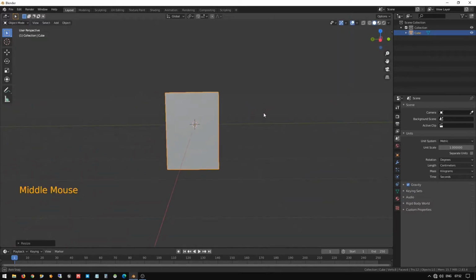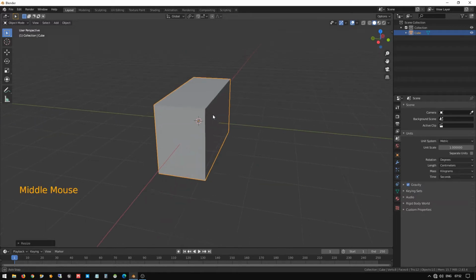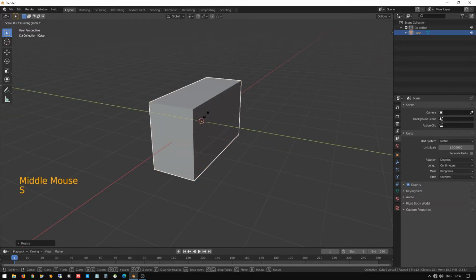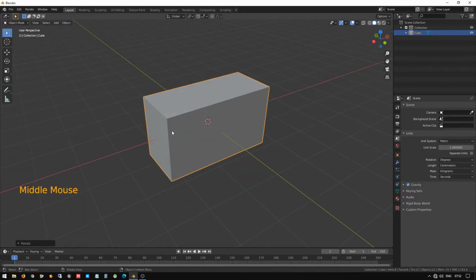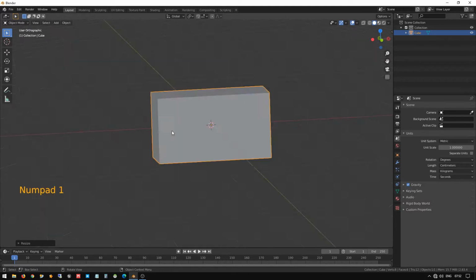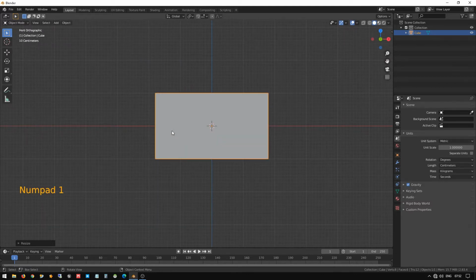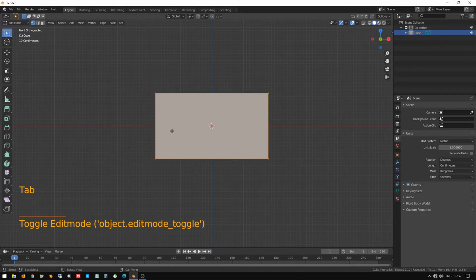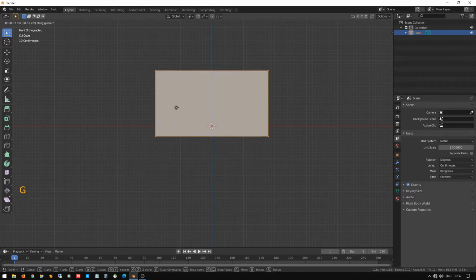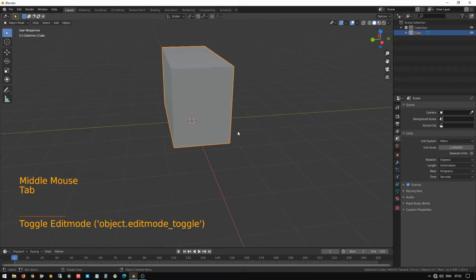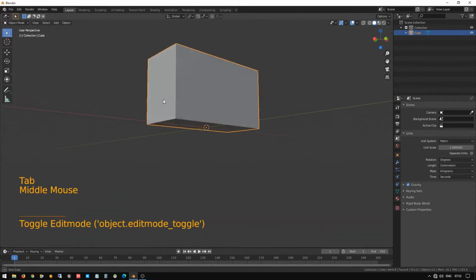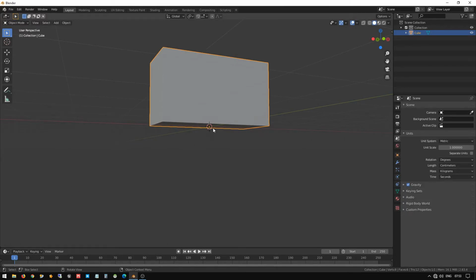So let me make the y-axis a little bit bigger again. Okay, this is enough. This is the basic shape of the battery we have designed. Go to the front view, press 1 on the numeric keypad, go to Tab mode and press A to select all, press G Z to move along the axis. After the move you can see that the pivot point has come to the bottom, which is what we need, since it's required to place it on the table.